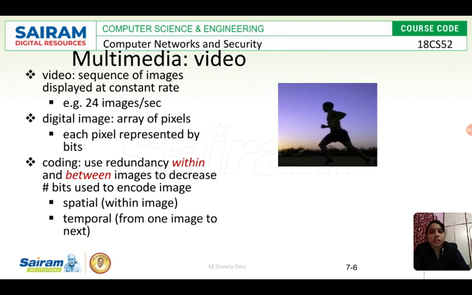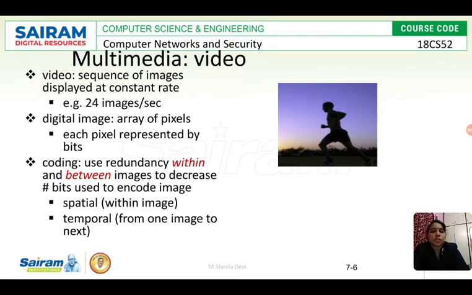Then coding is done. Why do we need coding? Since the size of the video data is high, it should be compressed to send through the network. If we send the data as such, it requires more bandwidth, which is not affordable.